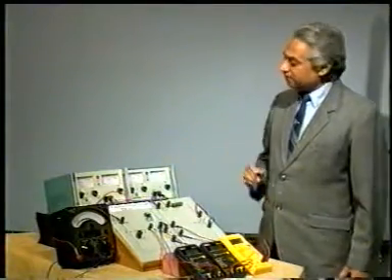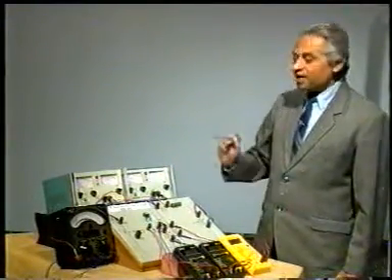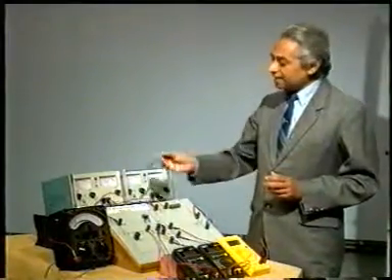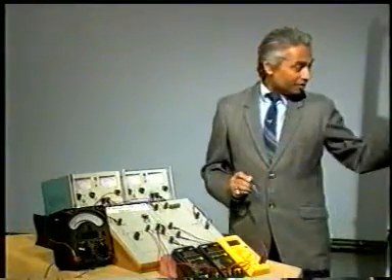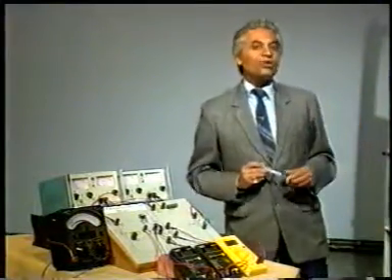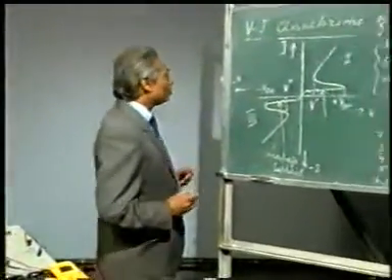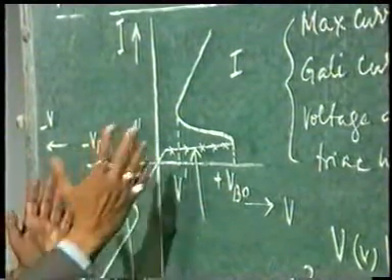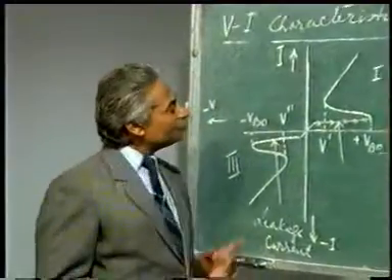Rest of the connections will remain the same, and then we have to repeat this experiment as we did for the first quadrant. Again take down the voltage versus current readings, and then plot the third quadrant characteristic. Now if you do so, you will find both the first and the third quadrant characteristics are absolutely alike. So far we have drawn only one set of VI characteristic for a triac.